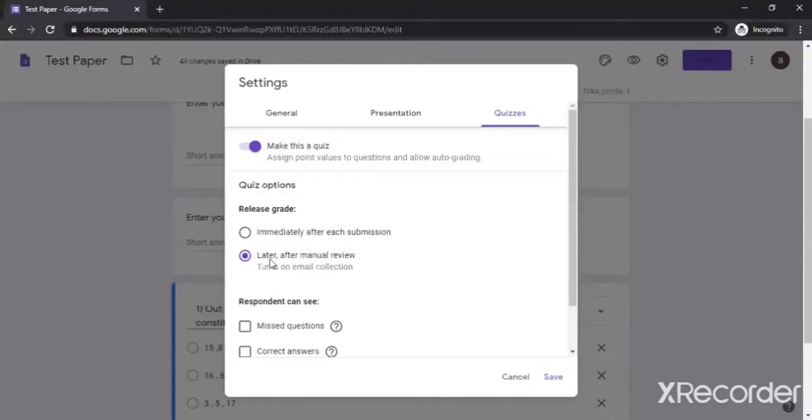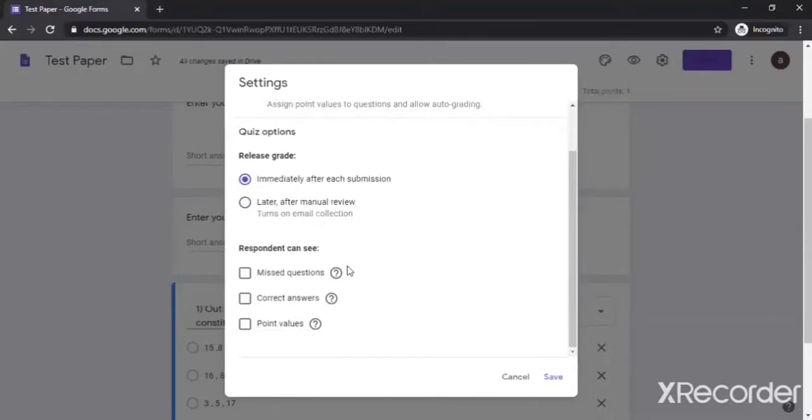I prefer this, but yeah, if you want to show the submission immediately, then there are some other options as well, like you don't want to show them what the correct answer is or what the point value is, you just want to show them their result. Yeah, what they have submitted. Okay, this will show them those values. If you want to avoid the scenario which I told you, for privacy, you can just uncheck them and save it. Okay, and if you want to show them the correct answer and point value, since I am making a test paper, I will make this available so that you can easily understand what has happened.